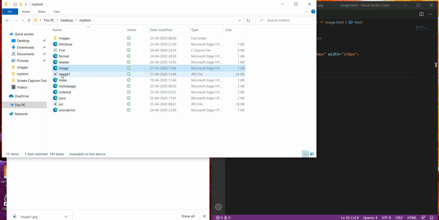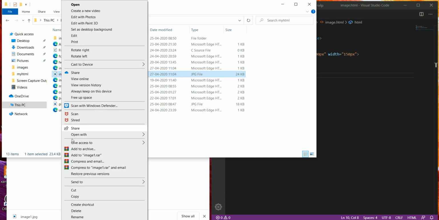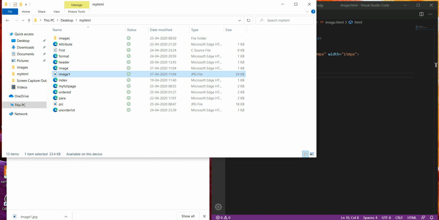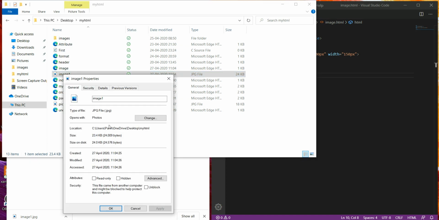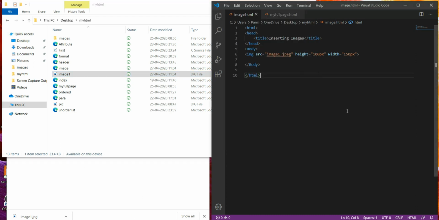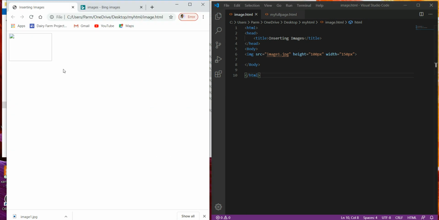Now look at this file image, and here we have to go to the properties, and in the properties we see the file extension is .jpg. The file extension is .jpg. As I made a mistake over there, I had written jpeg. So I have to correct the error, then go to the browser and click on this.